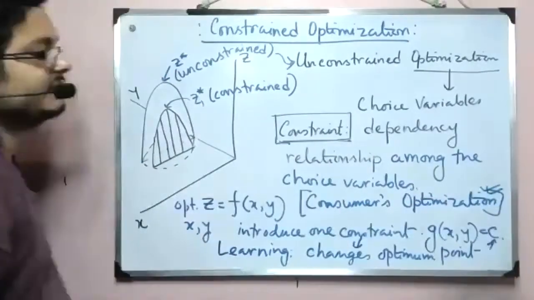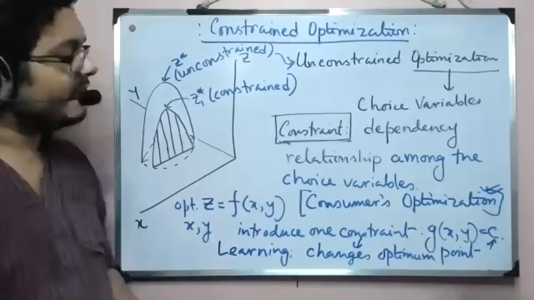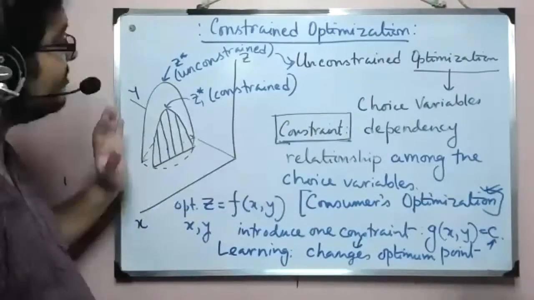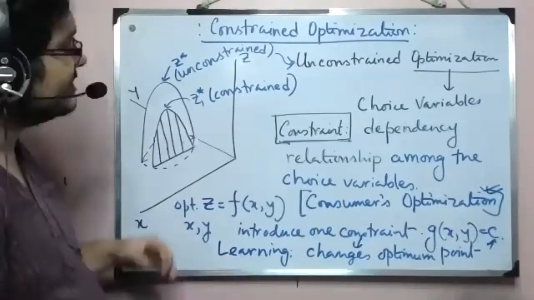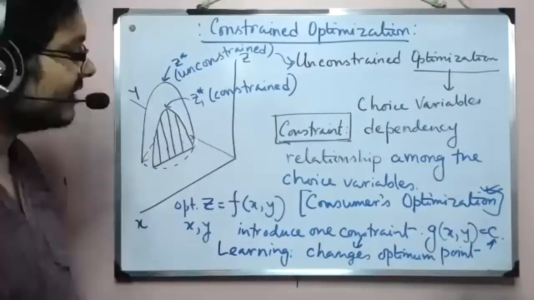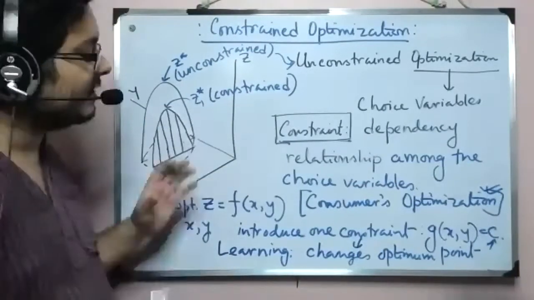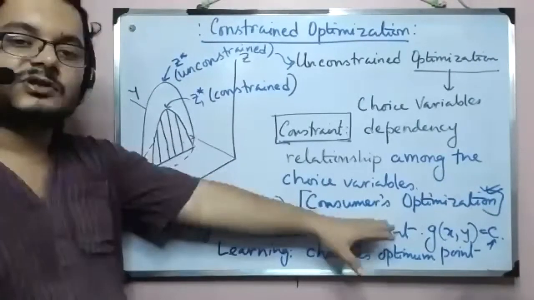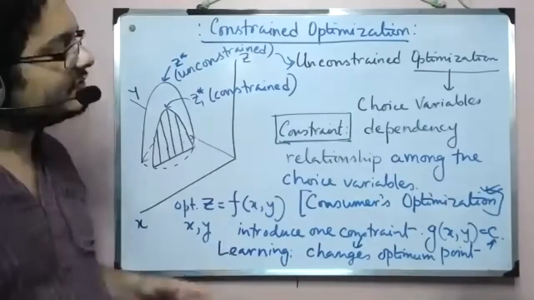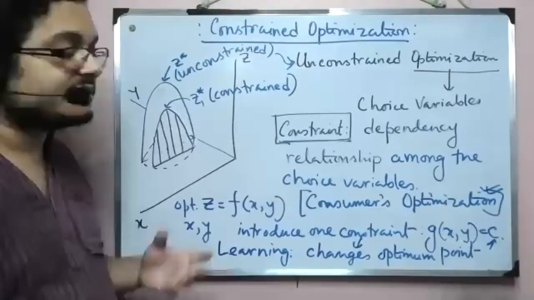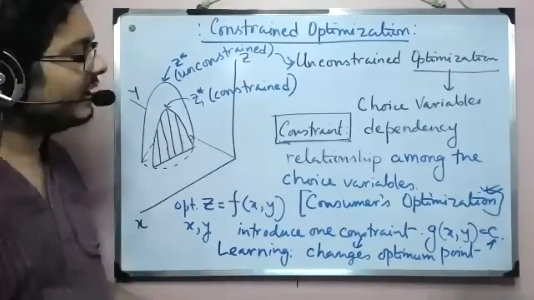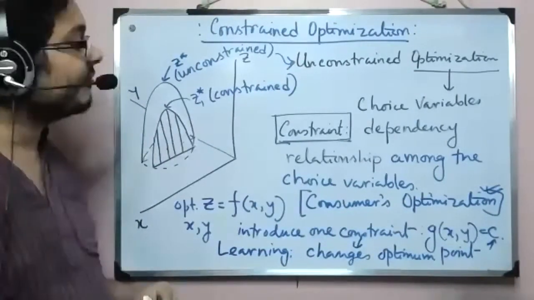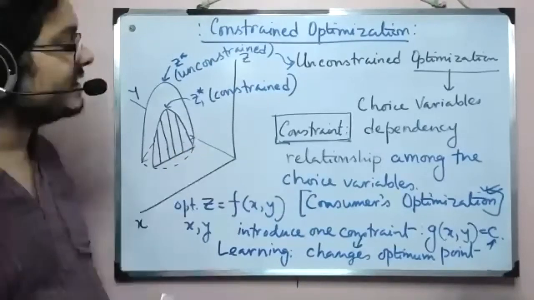Okay, this is the point of interest for us. Before going into the specific solutions, we are learning the general mathematical apparatus: how to deal with it, what it tells us, and what the different methods are. Then, with those general methodologies and theories, we will shed light on consumer optimization and learn some results of economics which we have either overlooked or just stated verbally when we studied microeconomics. So that is our objective here.